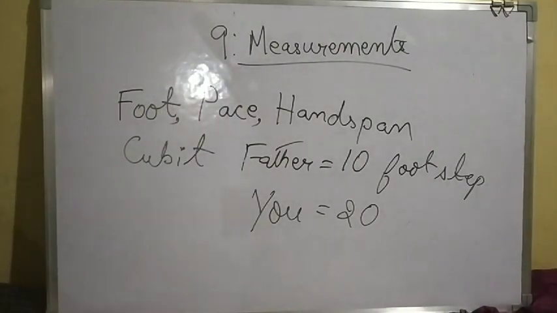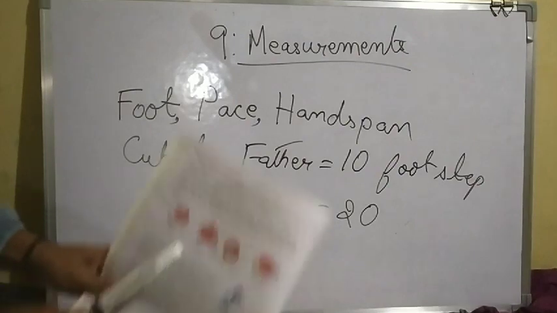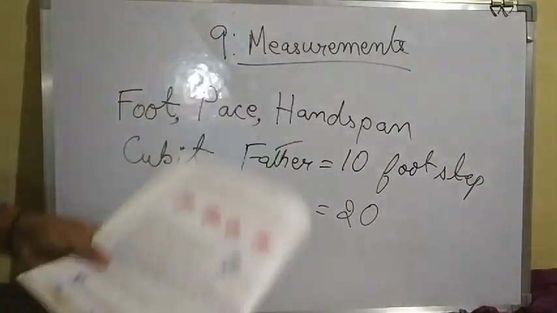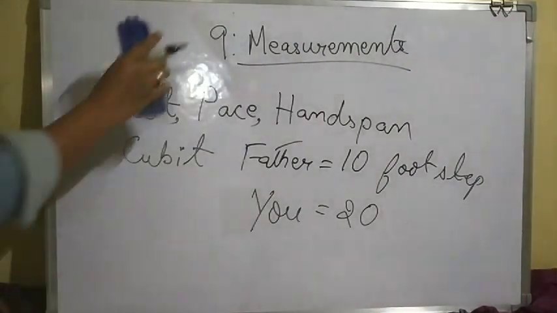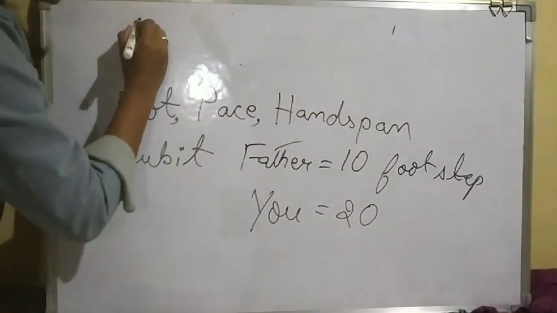Your father's foot will be a little bit longer than yours. So foot, pace, handspan, cubit, these are non-standard